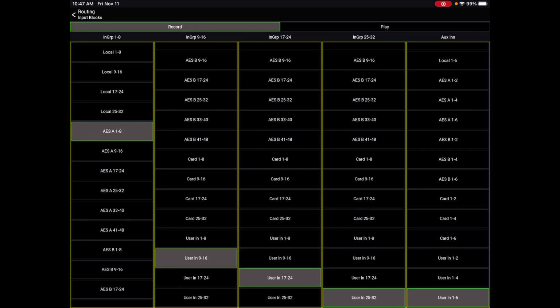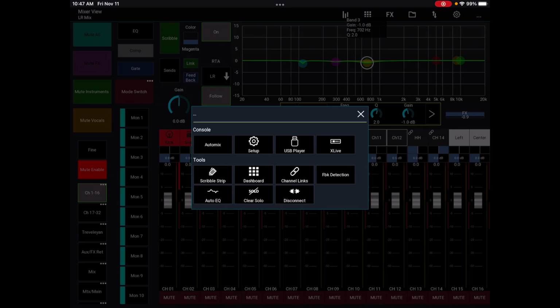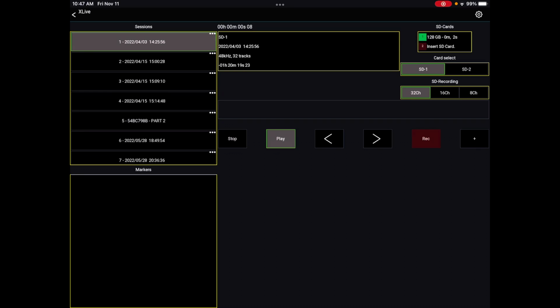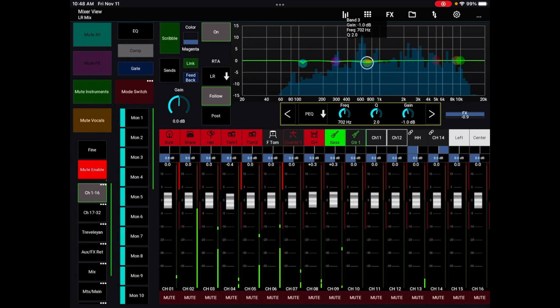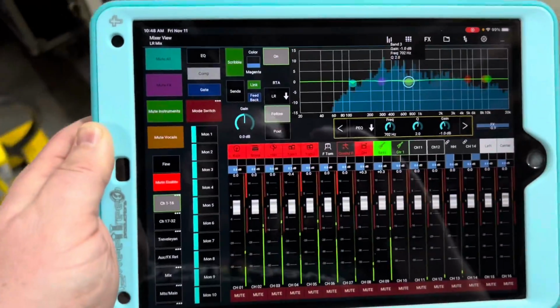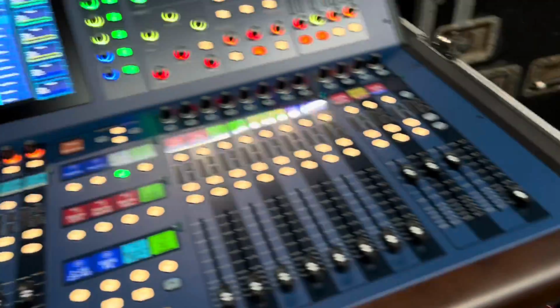So that's how we've got everything coming into the core, and then we can actually go back and show you, which I haven't done from here for a while, we go to X Live, we can actually fire a track here. So we'll load one, play, and as you can see here, we actually have stuff recording, and then while it's recording, I'm going to grab another recording device, and we'll show you that that's working on the console as well. Alright, so switching over to this one now, you can see that we are playing from the app, and then if we go back over to our console, I'm going to lay this guy down,